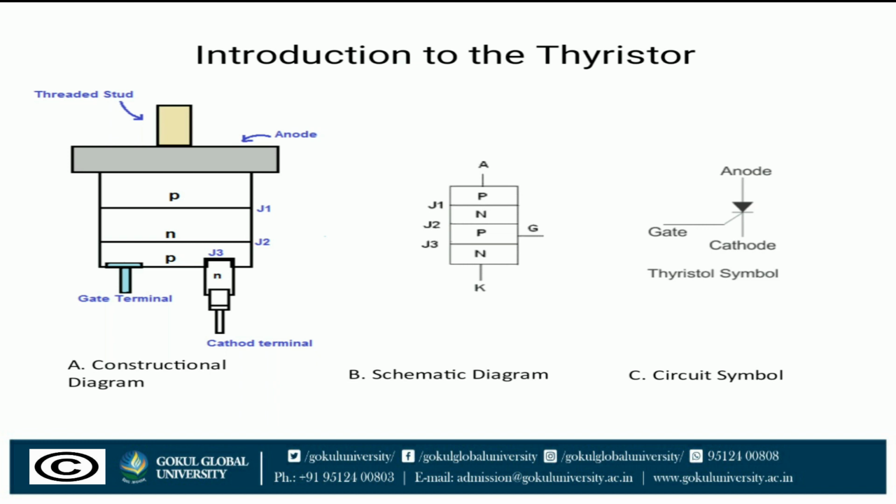Like the diode, an SCR is a unidirectional device that blocks the current flow from cathode to anode. Unlike the diode, the thyristor also blocks the current flow from anode to cathode until it is triggered into conduction by a proper gate signal between the gate and cathode terminals. This is the circuit symbol you can see here: anode, cathode and gate terminals. These are the three terminals we can see.